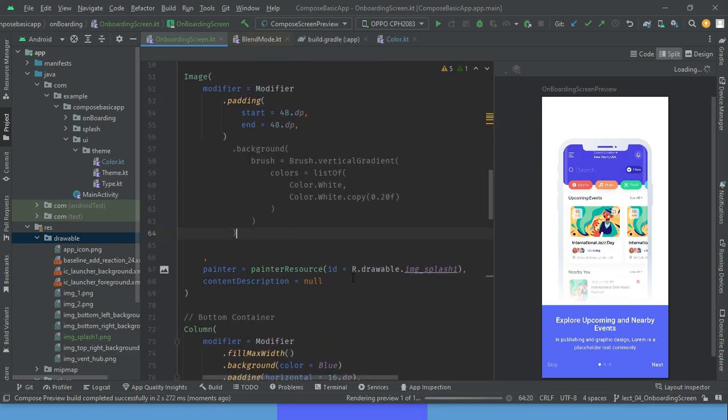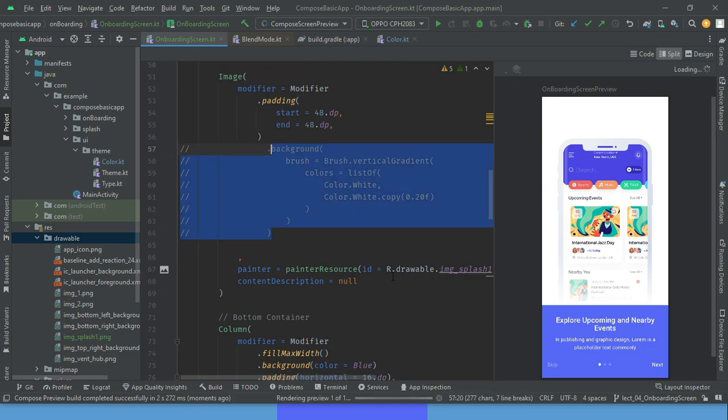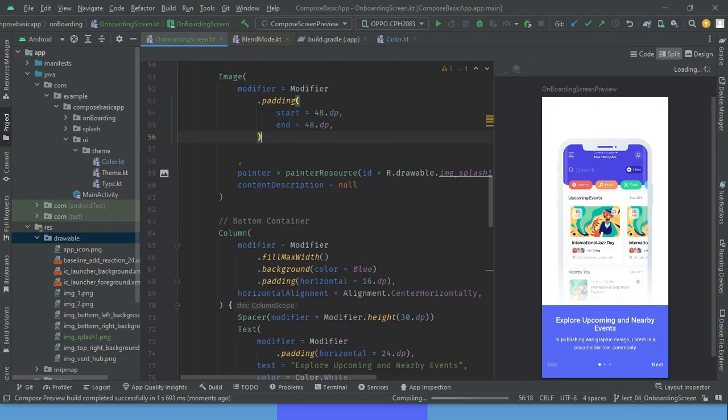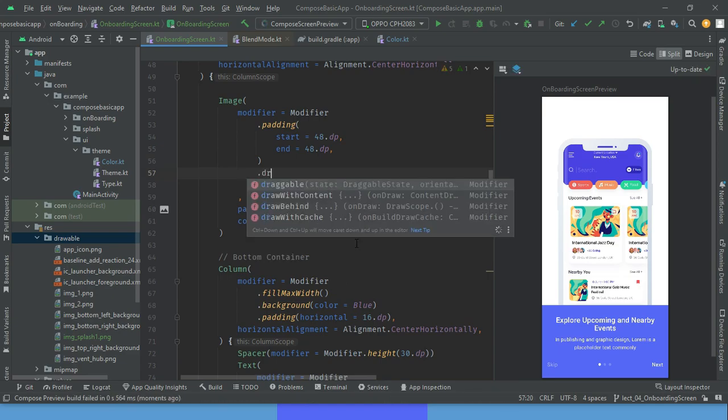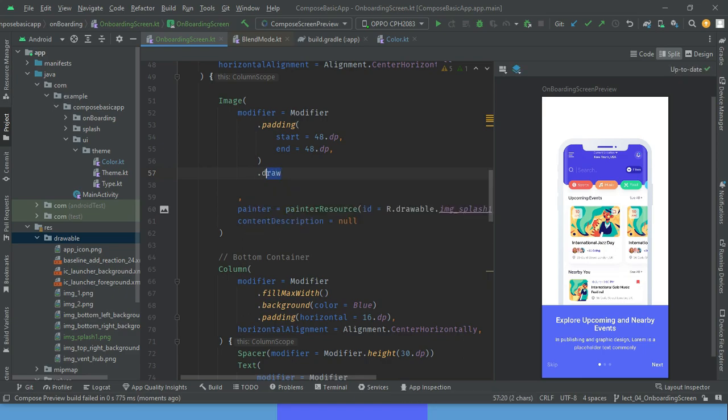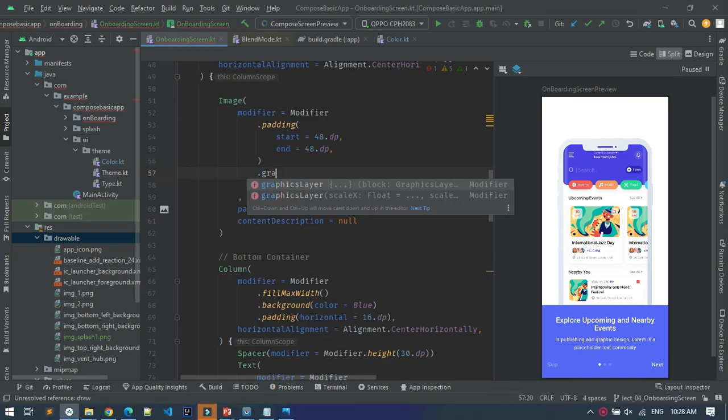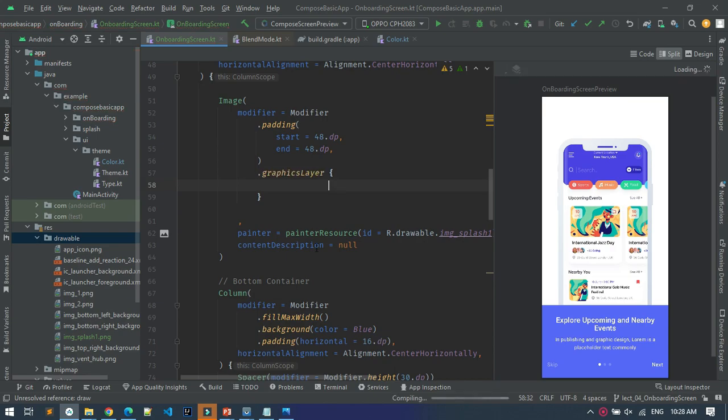Okay, so let's try a different approach here. Let's remove this background color from here. So here I will use draw graphic layer actually, and make this alpha to 0.99f,